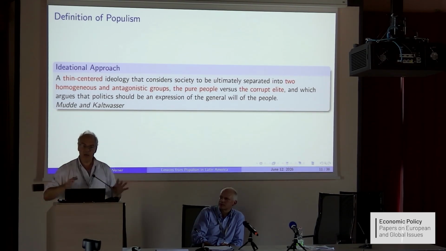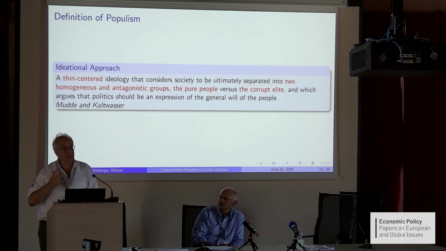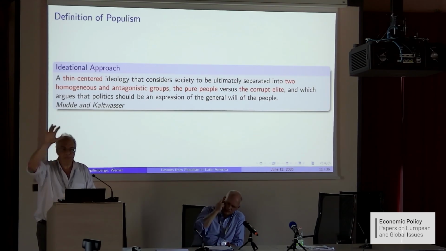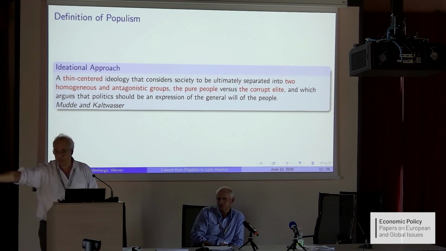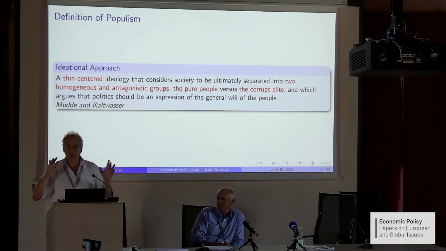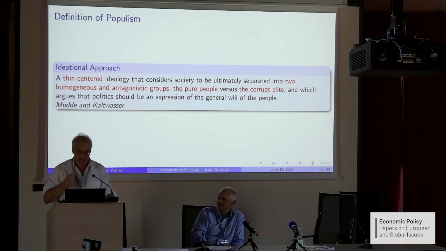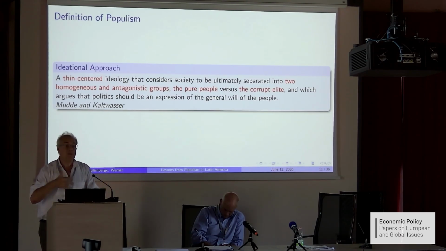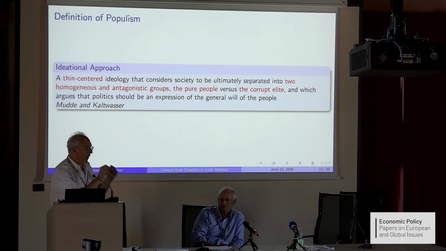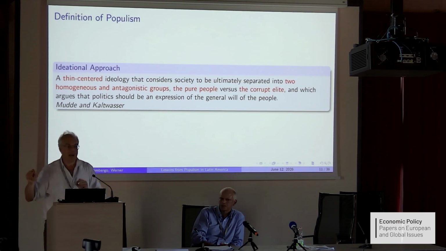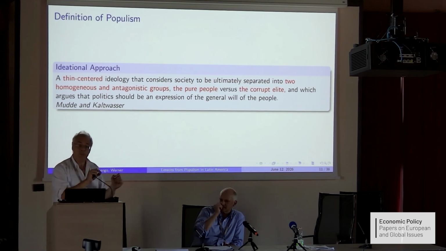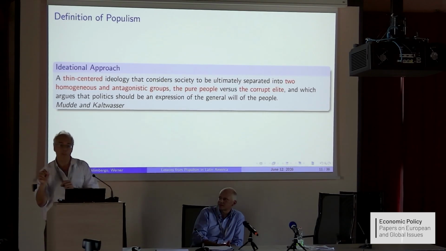So this is a very, very broad frame. If you are a populist, you don't believe in checks and balances. They are instruments of the corrupt elite to screw up the people, basically. And so when populists go to power, they don't implement any specific economic policy. What they do is disable all checks and balances, which is the difference between democracy and illiberal democracy.